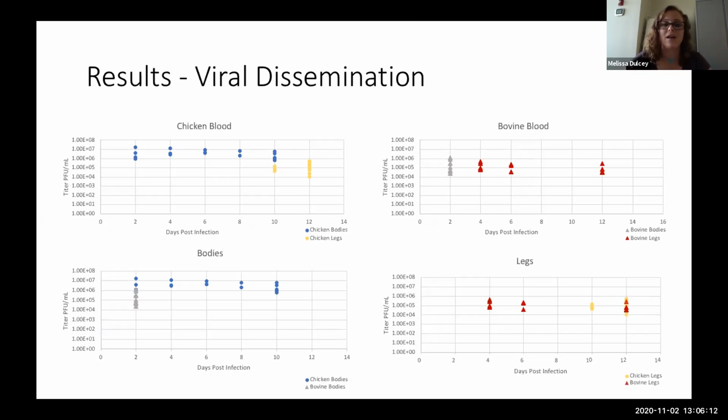So then we started just focusing on the legs so that we could get an idea to guide our future research to see, okay, when can we start taking samples, and are they all disseminated by a certain date so we don't have to continue getting samples. And you can see that the legs are, at least on day 10, a little bit lower. And then you have the bovine blood together on the right. And then I grouped the body dissemination rates on the bottom left. And you can see that for the equine blood, the titers are a bit lower in the body on day 2.